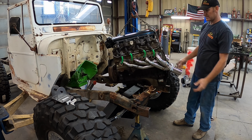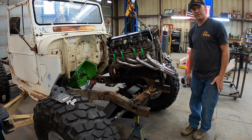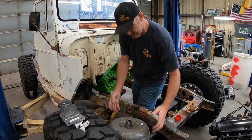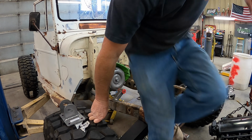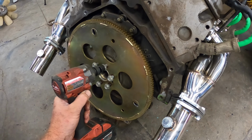Alright, there we go. Now I can change the flywheel. Well, I just got to make the torque converter line up to it. And then we're good to go. Alright, we'll slip right in here. Put this torque converter in. There we go. One step closer. New flywheel is going on. And then